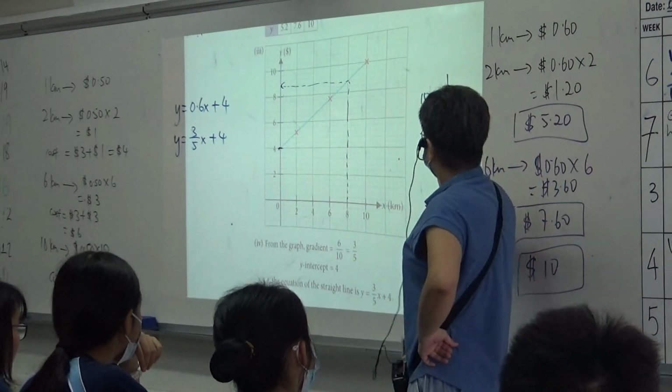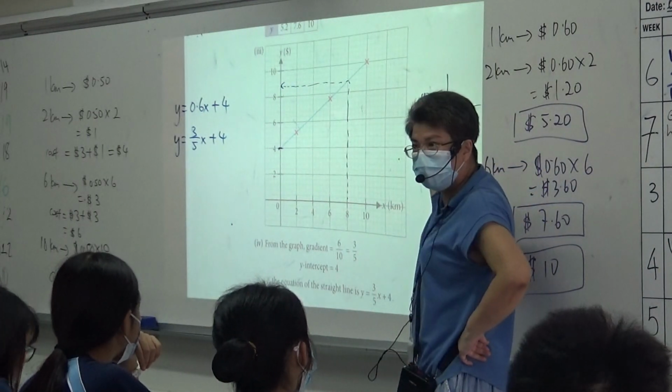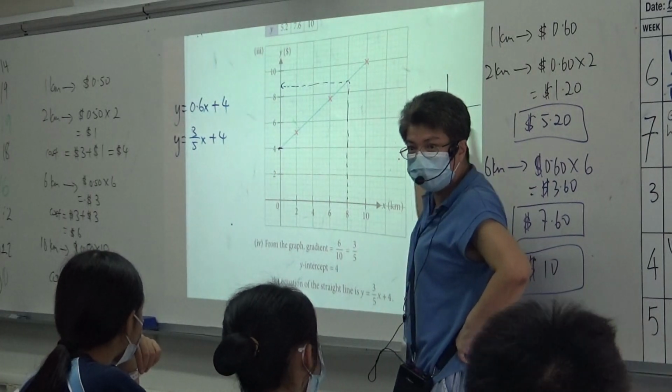980, correct. This is 960, $10 and 980, right? Half, correct. So you must know how to read the